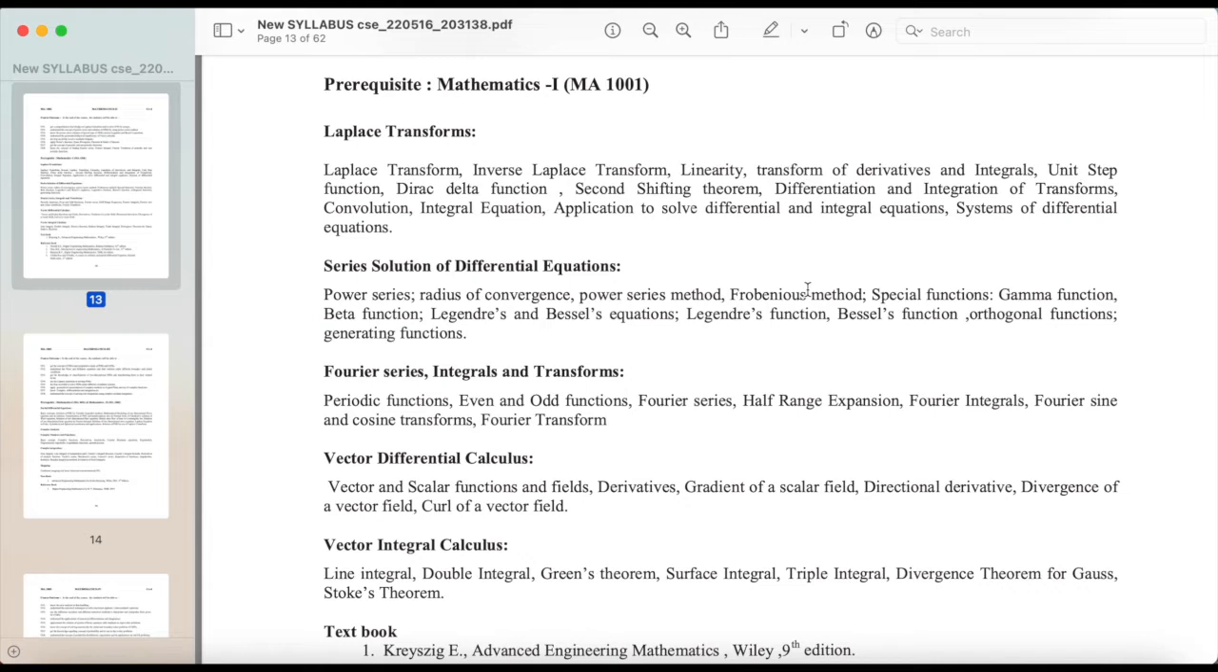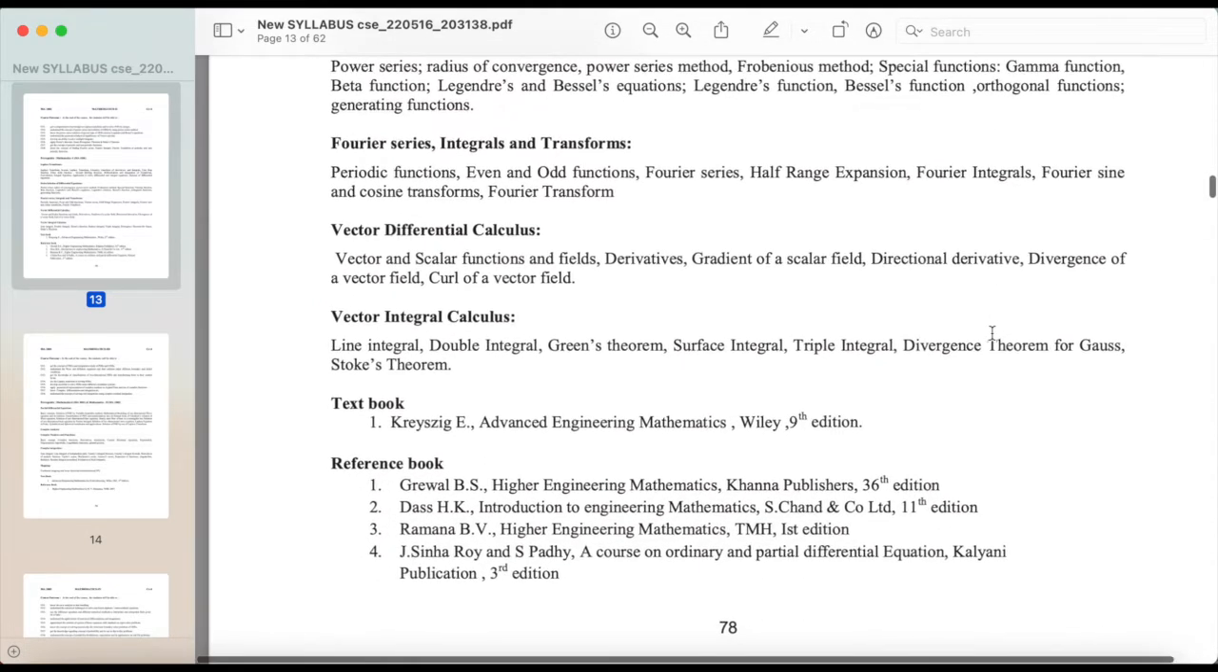differential equations, series solution of differential equations, power series, radius of convergence, power series method, Frobenius method, special functions, gamma function, beta function, Legendre's and Bessel's equations, Legendre's function, Bessel's function, orthogonal functions, generating functions, Fourier series, integrals and transforms, periodic functions, even and odd functions, Fourier series, half-range expansion, Fourier integrals, Fourier sine and cosine transforms, Fourier transform, vector